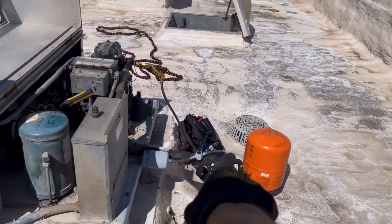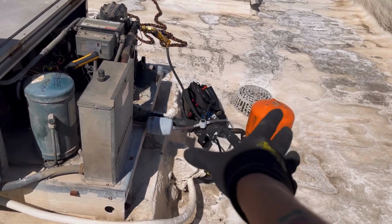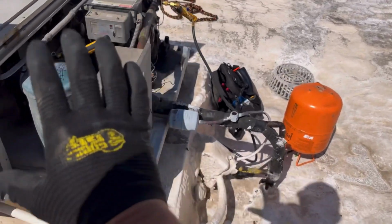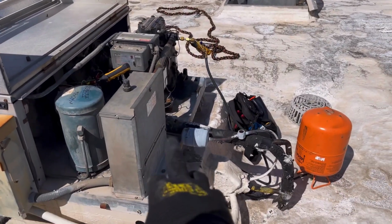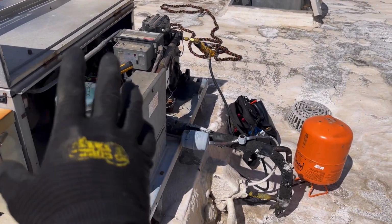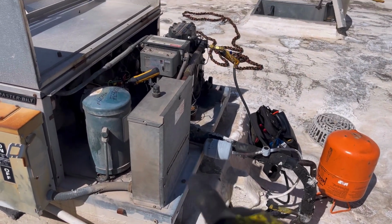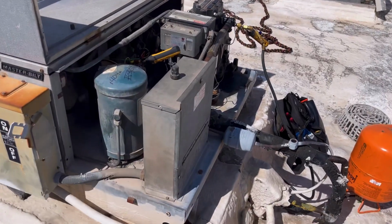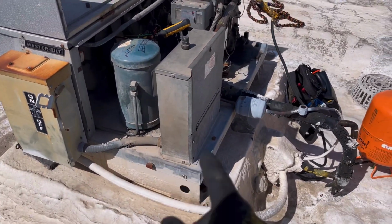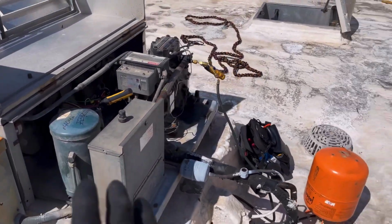Alright, so on this one we're using a 404. We've already been putting that and it works. This is an R502 system. I can't find the labels right now and it was written before but it got wiped off I guess. So I'm not sure what it originally is. Maybe if I look up, I think there's a model number that I have still. I don't know what the original